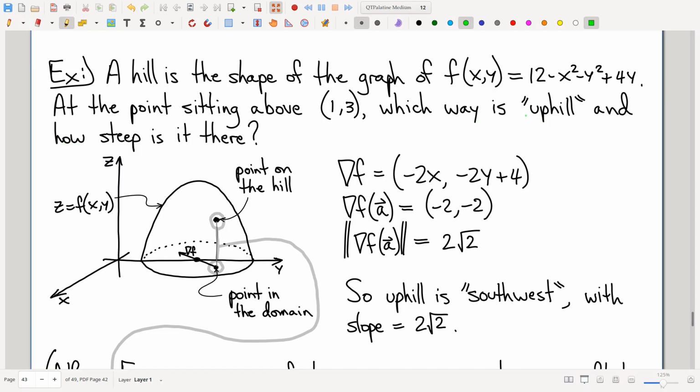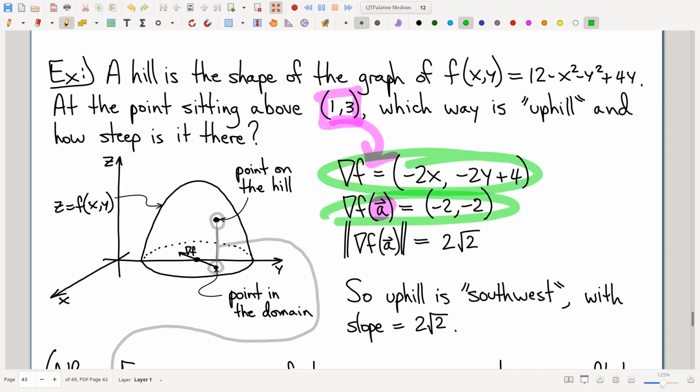So this is asking us pretty much to just compute the gradient. So broad strokes, we'll get to the detail in a second. But yeah, so I compute the gradient. We're interested in what's happening at this point, 1, 3, so I plug that in. And the specific gradient that I'm interested in is that one. That's the gradient at the relevant point. And there you go. You can see what direction that points. That's the direction of fastest increase. And you can see what its magnitude is. That's how steep it is in that direction. And just to put that onto the picture,